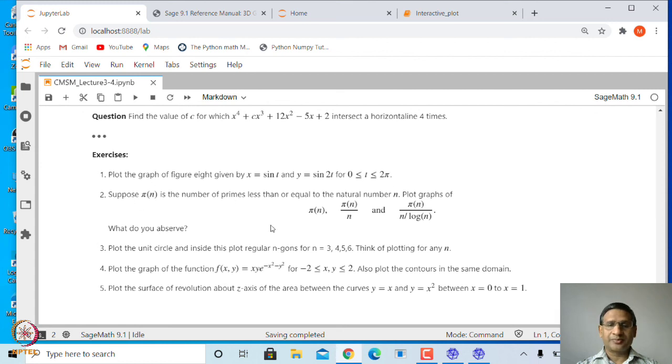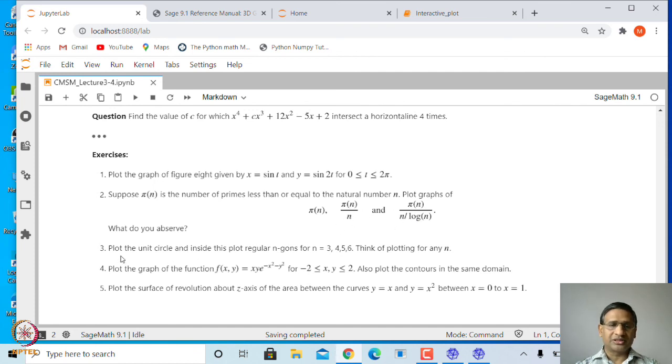And another exercise is, let us say pi n represents the number of primes less than or equal to natural number n, and then plot the graph of pi n for let us say n going from 2 to 1000, and also plot the graph of pi n divided by n, and then also